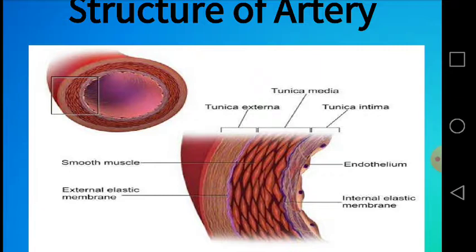Dear students, arteries carry blood from heart to the organs of the body. This arterial blood is pumped out of the heart under high pressure to enable the walls of the arteries to be able to stretch and recoil under the pressure wave created by the heart. They contain a thick layer of muscles and elastic tissue.